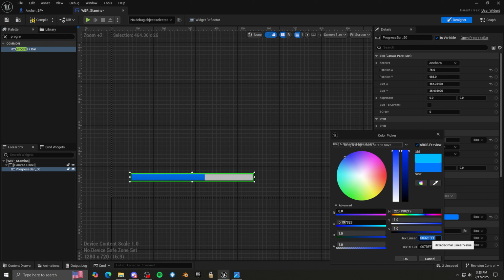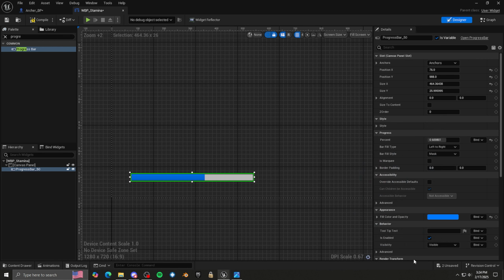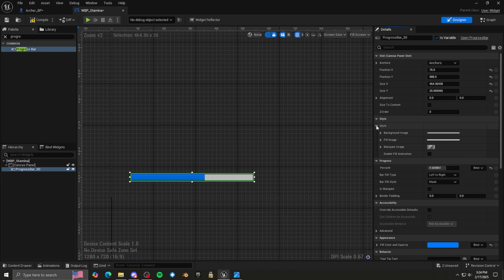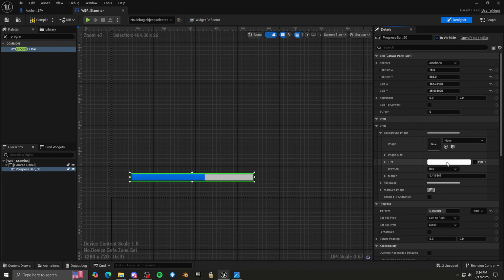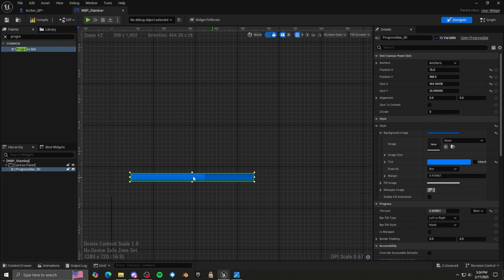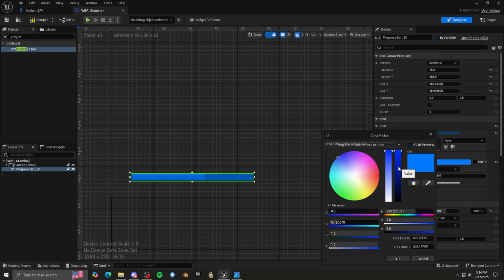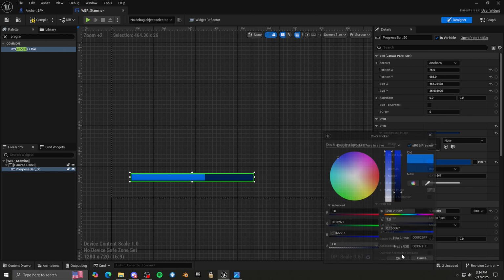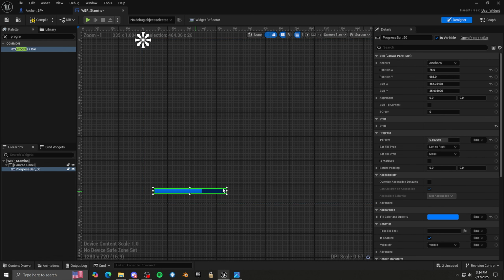And then what I like doing is copying this code here. When I copy that, I'm going to come up to style, background image, and open up the tint here. I'm going to paste that code in. That will give me the same color on my background as my foreground. And then what I like doing is dropping it more to black, just making it darker. So something like that. Okay, with our progress bar set up the way we want, I'm going to compile, save,